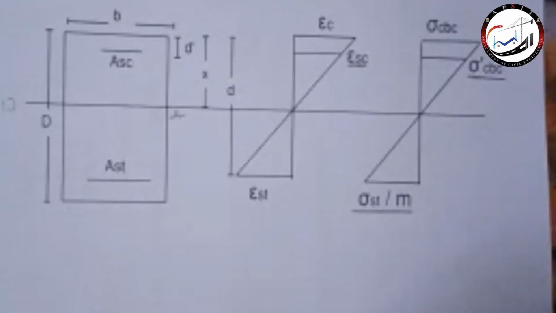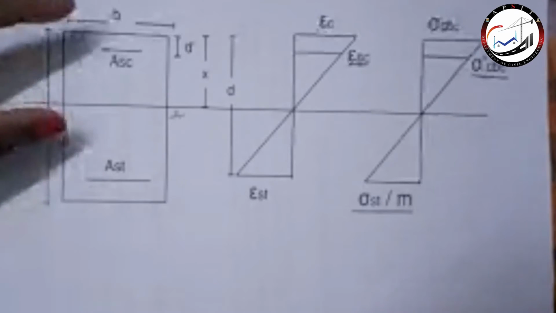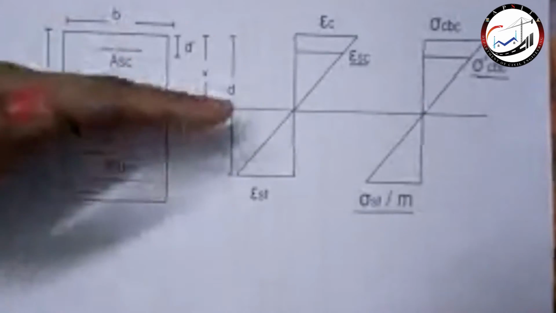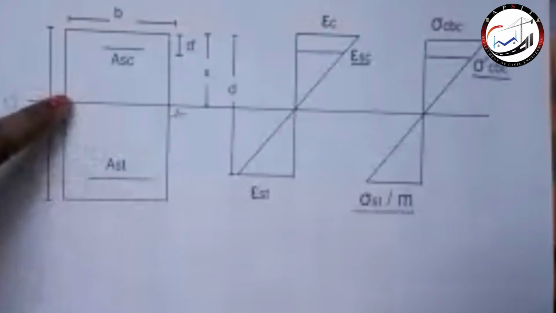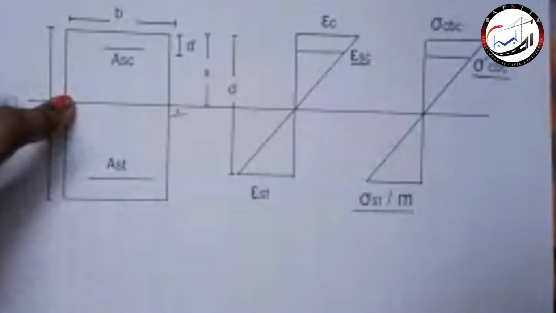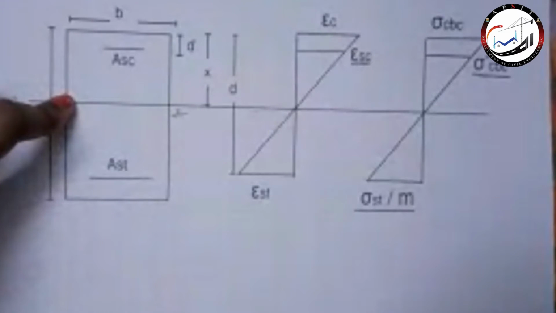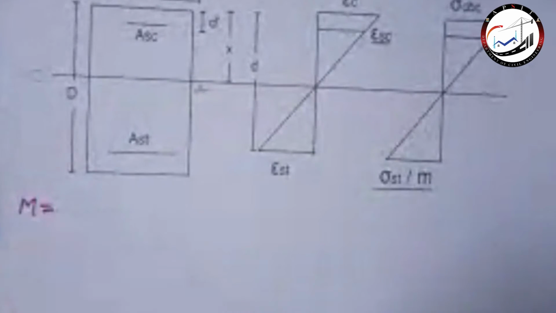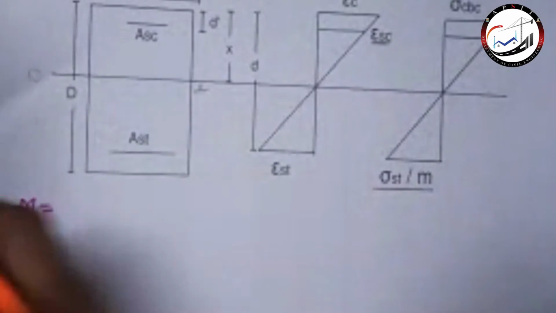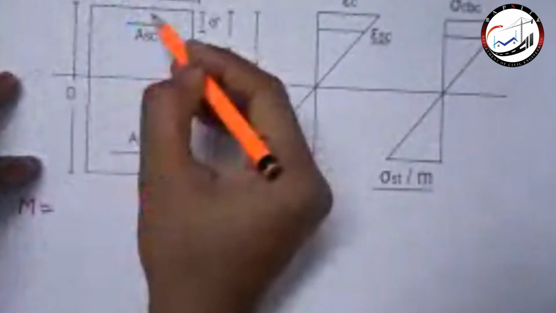Calculate the position of the neutral axis. We know that the moment of the area is to be taken. Now, when I take moment of area, it is compression side about the neutral axis. Similarly, tension side about the neutral axis. I will be taking this moment and then I will equate these two to get the position of the neutral axis. So starting with the first one, let me say I am taking the moment of area of the compression side about the neutral axis. So I am going to consider only this part. This much part is to be considered.